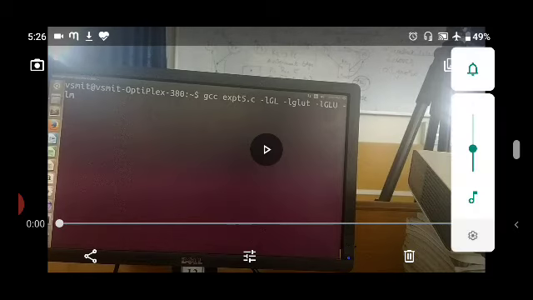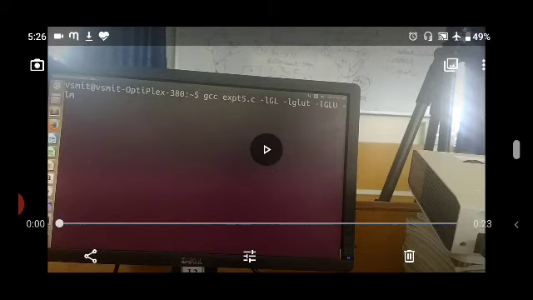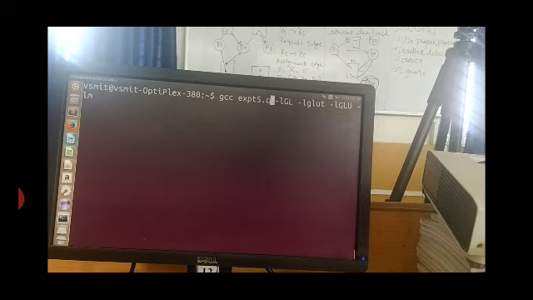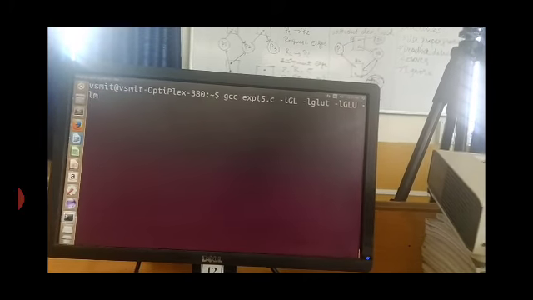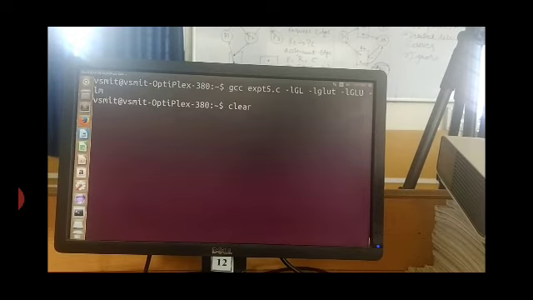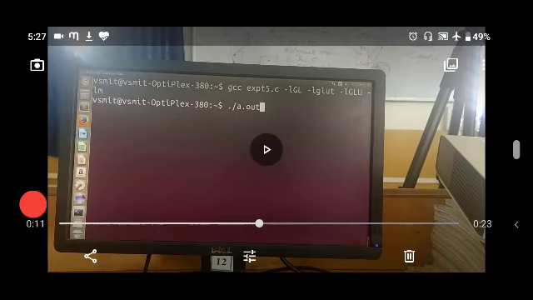Now we will see how to run this program. You can see here we have given the command to compile it, and you have successfully compiled it. Next we need to run the program. For running, we use the command ./a.out.